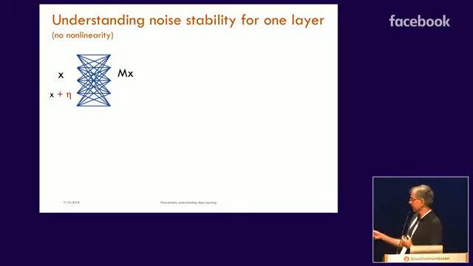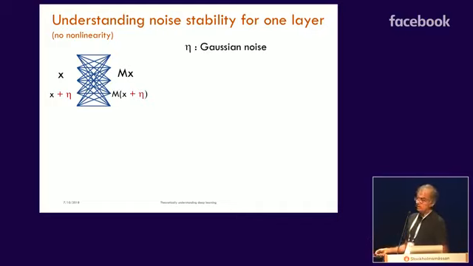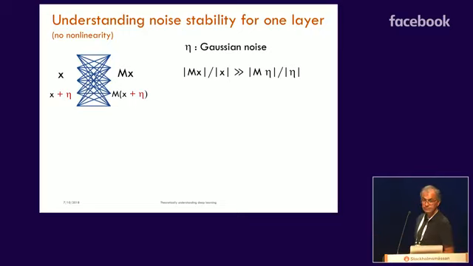Noise stability says that if I input, instead of x, x plus eta, where eta is a Gaussian vector, then out comes M times (x plus eta), right? And this Gaussian noise had very small effect on M of x. So what that means in percentage terms is that the ratio of ||Mx|| over ||x|| is much more than ||M eta|| over the norm of eta. So that's saying that the network, or this layer, passes the signal x much more effectively than it passes noise, which makes sense, right? The whole point of learning is to lock into the signal and reject everything else.